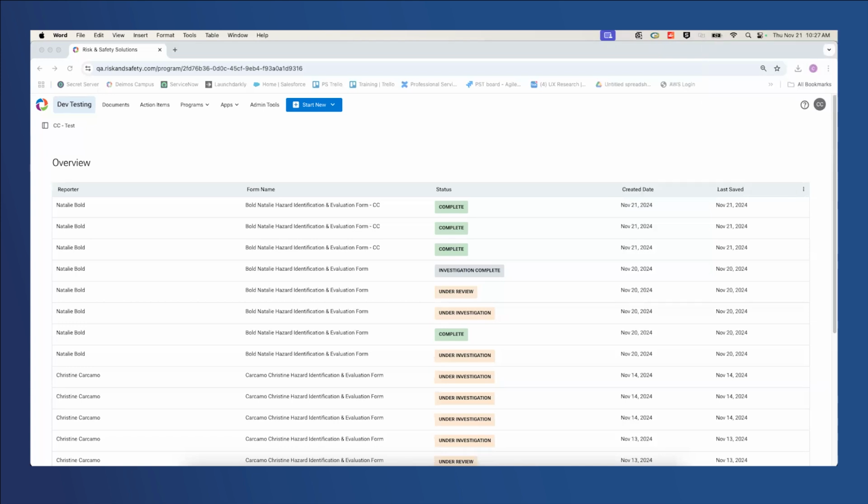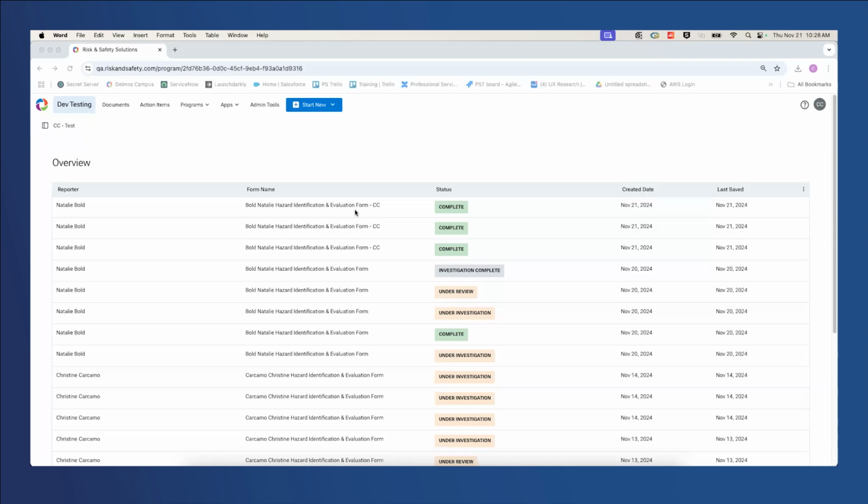So a couple of things, what Christine just walked through was also that you'll see that the inspections are complete, and then you'll be able to see that within your own area too, about which hazard identifications are completed and then by whom they have been completed. So that complete shows that they're closed out. But it also will allow, if new hazards are identified or reported, you can, as a program admin, come back here and see which new ones will need to be completed, or if there are some that are still under investigation. You can decide what works for you for your campus on what that closure period looks like.